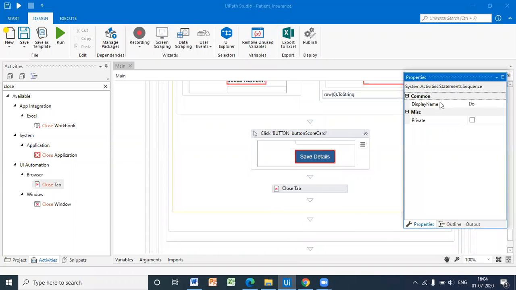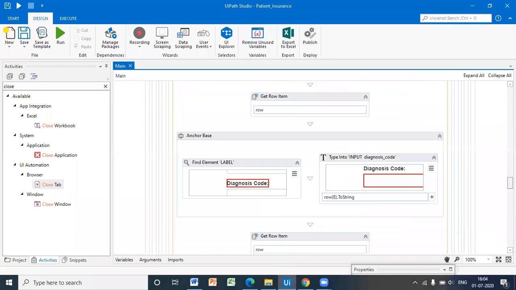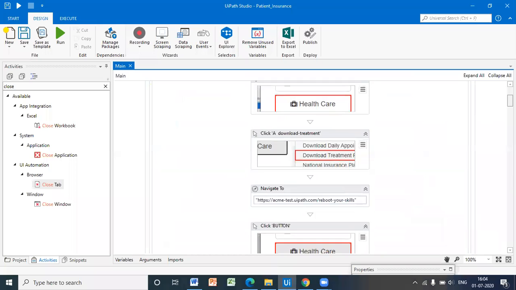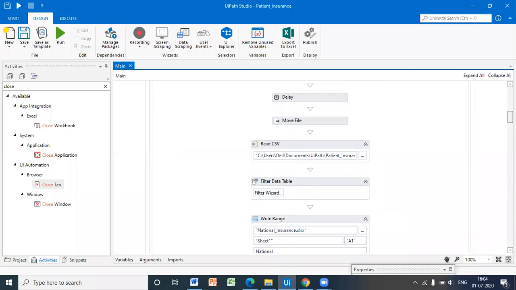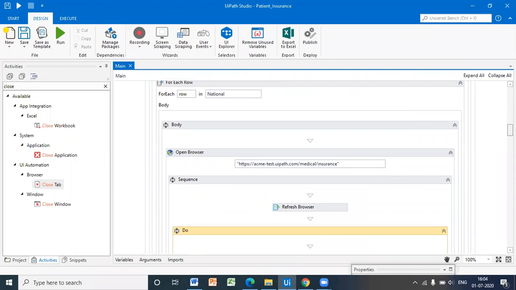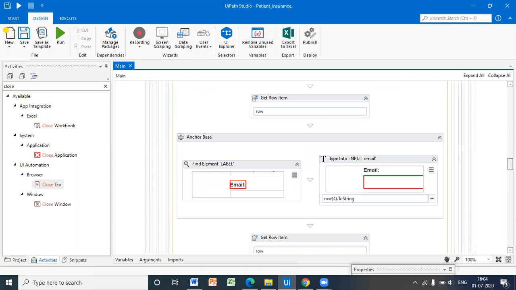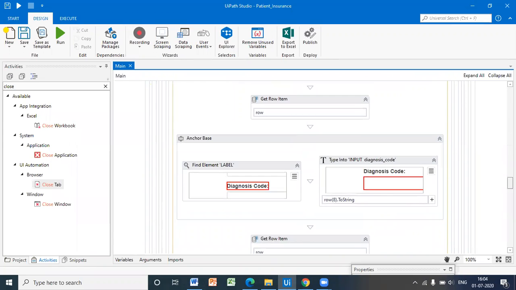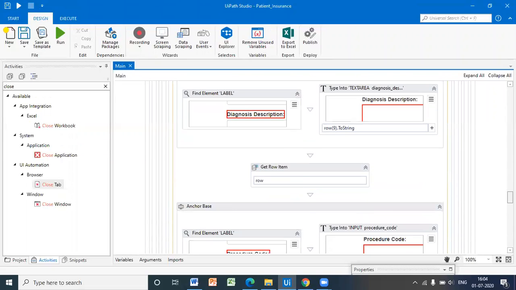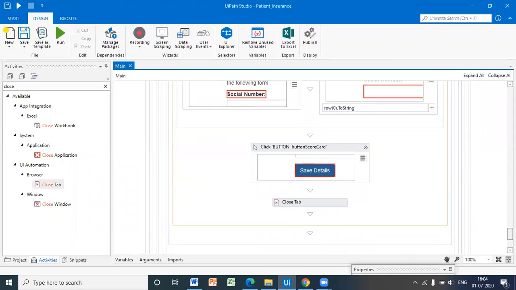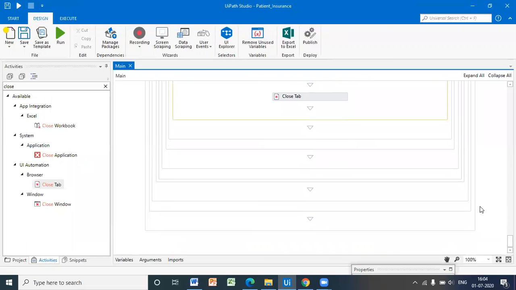Here I will show you my bot. This is my sequence, what I did. Now I am going to run the bot.